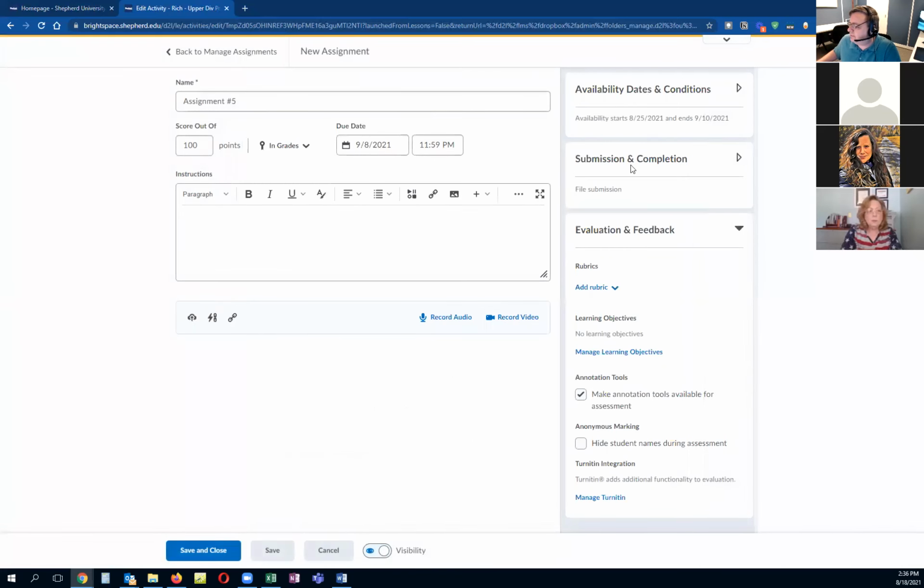Check out the chat here. Is the rubric visible to students? That's actually a good question. I think it would be. There may be a way to, I don't have one loaded here,